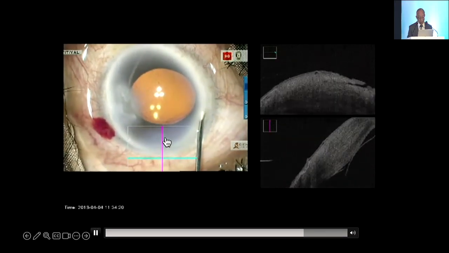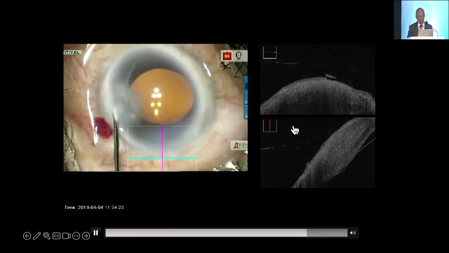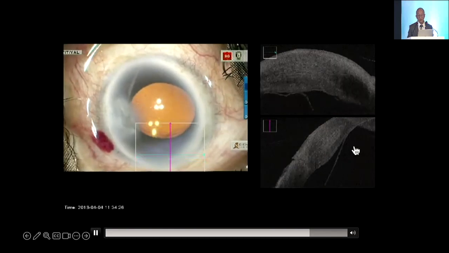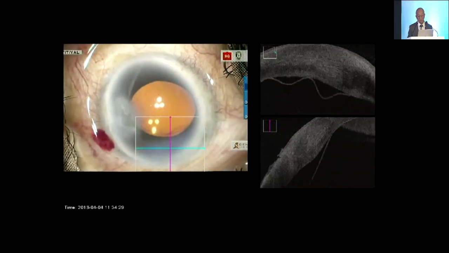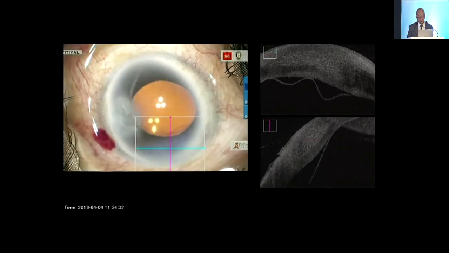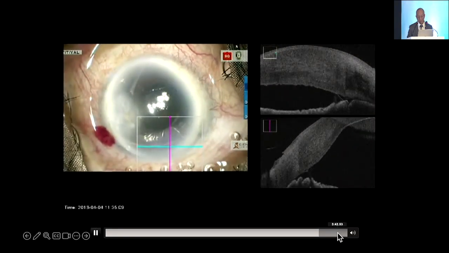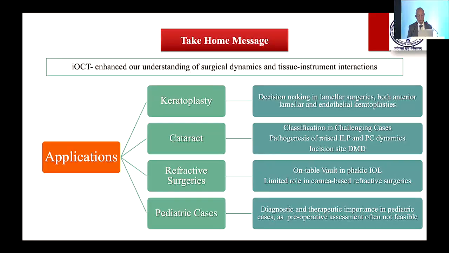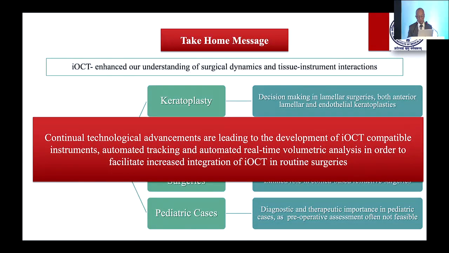And I shifted my cursor towards the cornea, and you could realize there's a large area of Descemet's membrane detachment. This could have been missed if you didn't have the OCT picture with you, and the next day, the entire cornea could be white. And this could be managed effectively by injection of air in the same sitting. So that is the advantage of OCT picturization of all sorts of anterior segment surgeries. I would say the application is there right from keratoplasty to refractive surgery to pediatric cases. In fact, in pediatric cases, we had much more advantage because these kids don't allow you to do a good examination. Under general anesthesia, you can see all the structures very clearly and define your diagnosis and do a good surgery in these patients also.